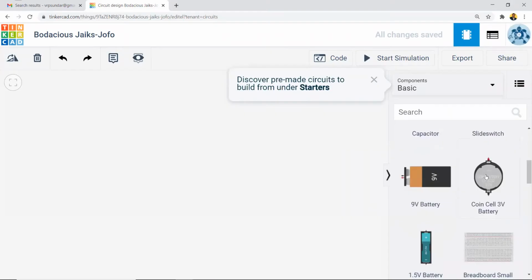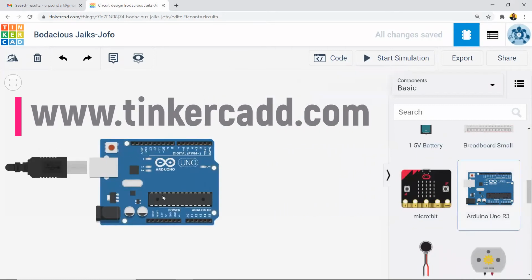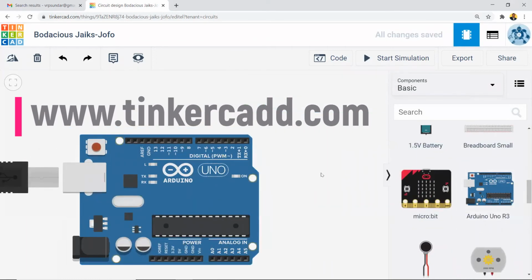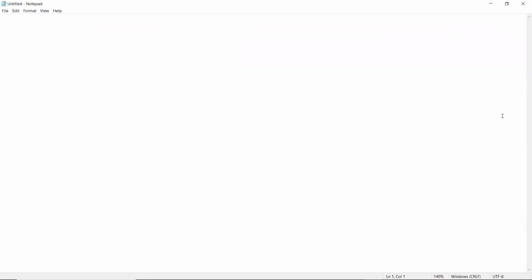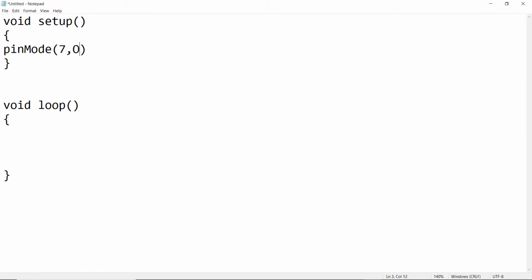Let us test that. So let me take the Arduino board, and let us write a small piece of code here. The Arduino consists of two main functions. One is called the setup function, void setup. The other is called the loop function, void loop. So in the setup function, let us first configure the 7th pin as an output pin. So pinMode, I am configuring the 7th pin as an output. This would configure pin number 7 as output.